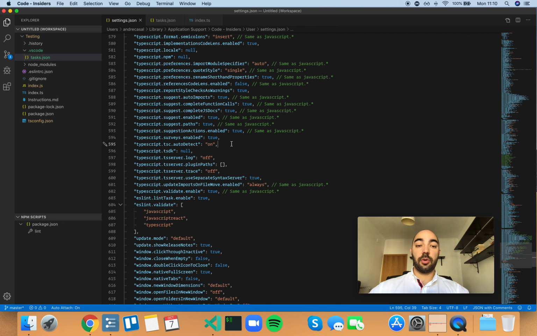Okay, so TypeScript. TSC.autoDetect controls auto-detection of TSC tasks, and TSC means TypeScript compiler. So we have a few options here. We have on or off, meaning it will either detect the TSC compiler or not. But on is not just the TSC